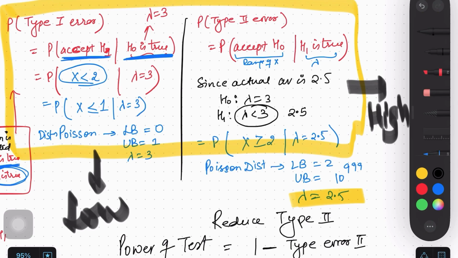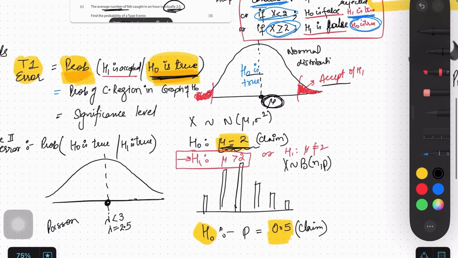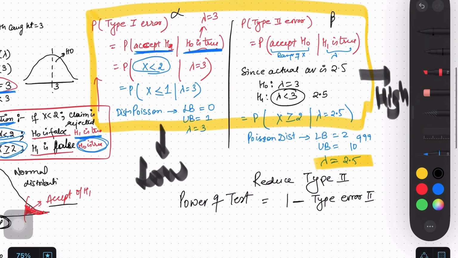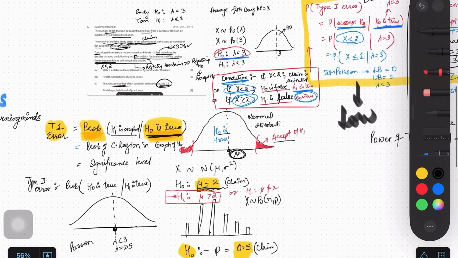So now you will be able to redefine your question, because if you read the question to find the type 2 error probability, it says the average number caught is actually 2.5, because Emily came out to be wrong. So actually it is less than 3 only, what Tom